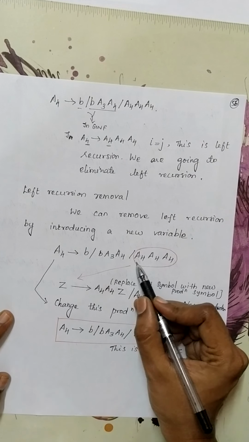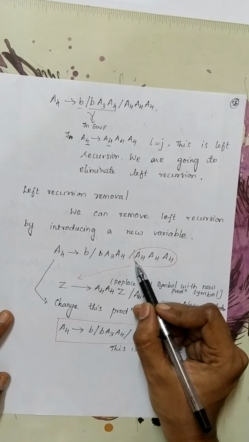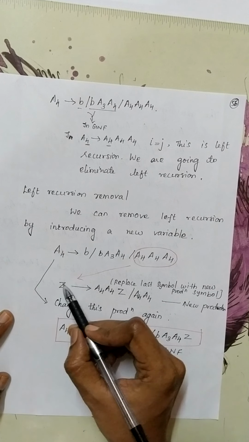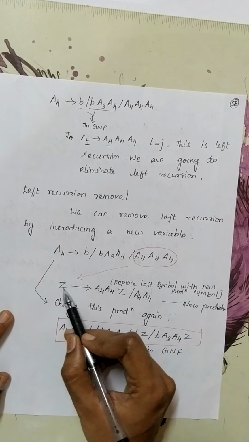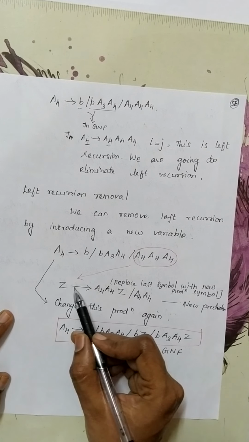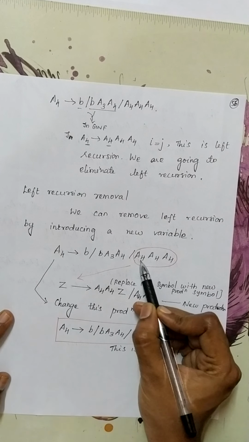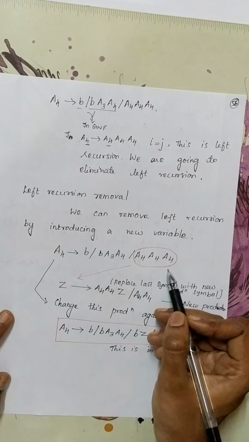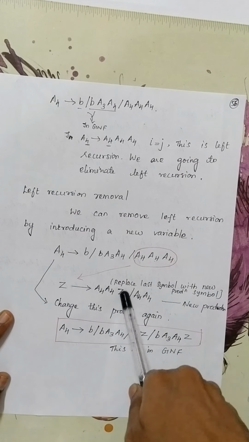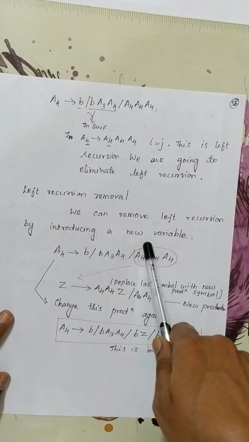This one leads to left recursion, so instead of this we introduce a new variable, Z. The productions of Z are Z gives A4, A4, where the first symbol, second symbol, and third symbol, the last symbol is replaced with the production symbol. So in this way we have to write, after left recursion, if we find that our